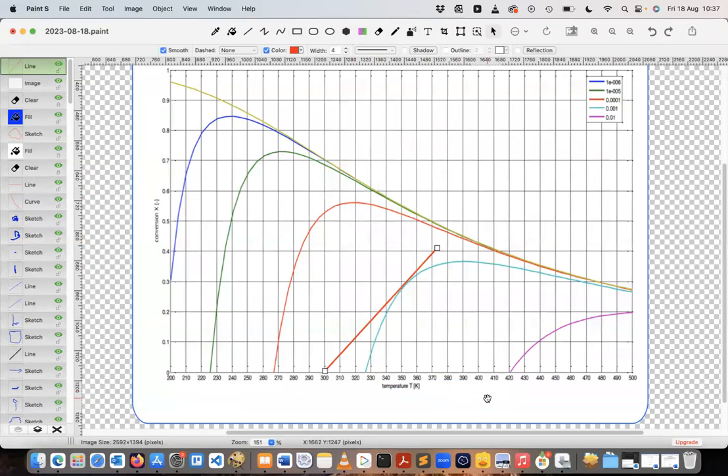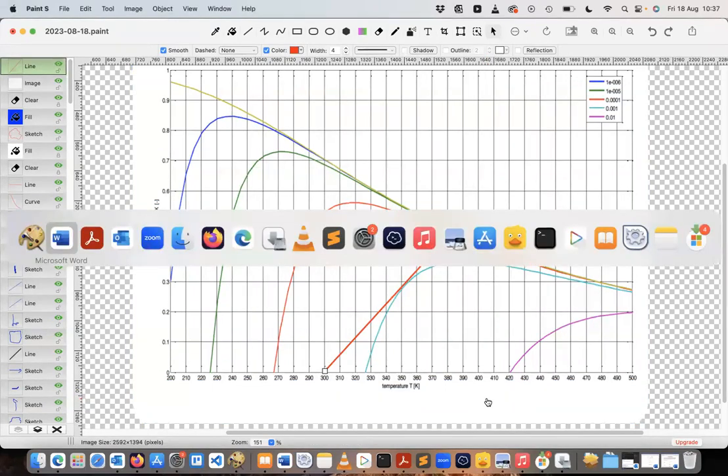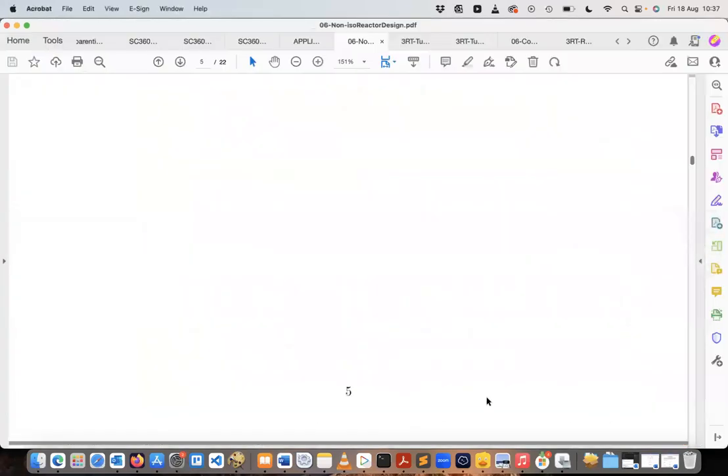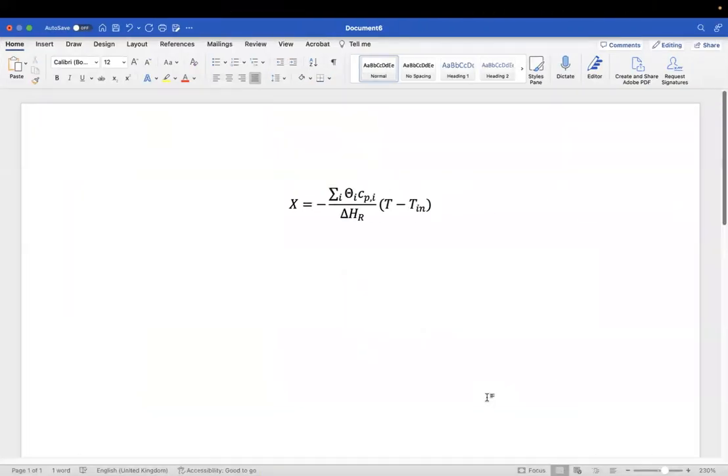So my understanding is obviously the formula for gradient is y2 minus y1 over x2 minus x1. So if we change the temperature used to create the line, or the conversions and the corresponding conversion, would that not change the gradient? Well,